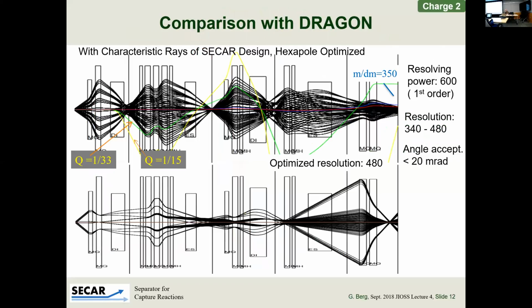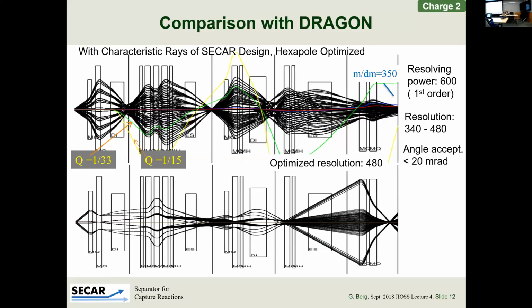Yeah, we're good. So the question was always, well, how do you compare to Dragon? So what I actually did, Dragon was very well documented. They have all the effective field lengths and so on online. So I took the Dragon system and I put in the same characteristic rays, and we get the mass resolution that they claim they have seen with our characteristic rays, which means as it compares with the